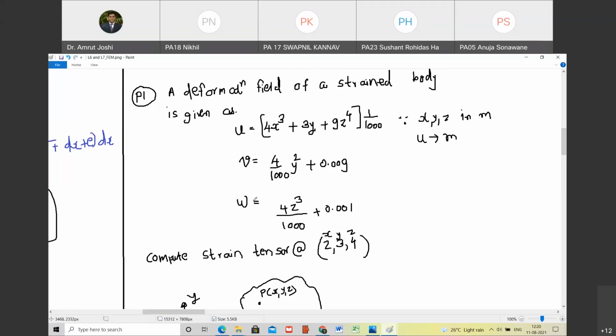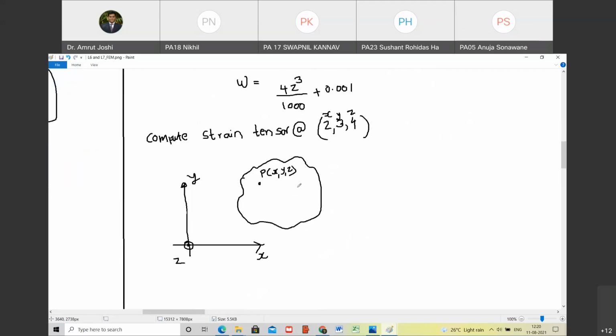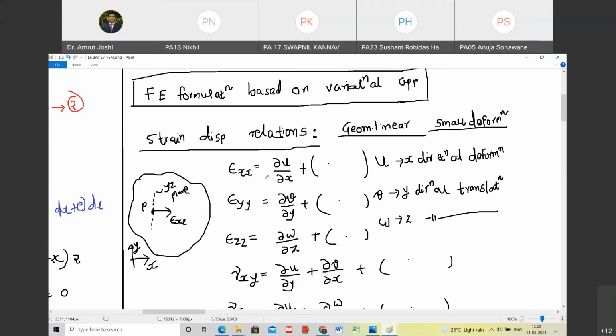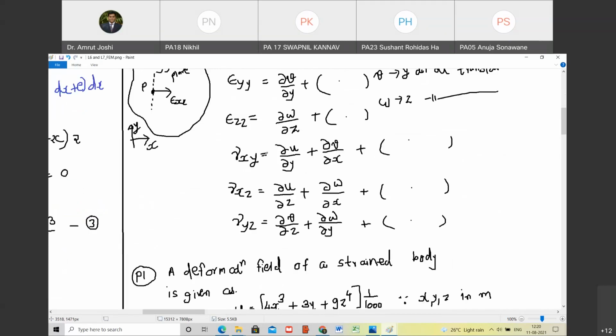ऐसे बॉडी के ऊपर कितने पॉइंट्स है? इनफाइनाइट. So it is not a displacement at single location. Displacement in x, y, z direction at single location नहीं दिया है in equations के through. You have been giving displacements at x, y, z directions for all points on the body. Therefore, we call these equations as displacement fields. Are you with me? Yes, sir. Okay. These displacement fields have been given, and now you have been asked to find out the strains. Are you with me? Yes, sir.